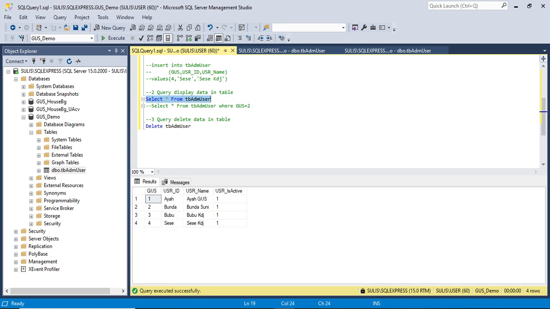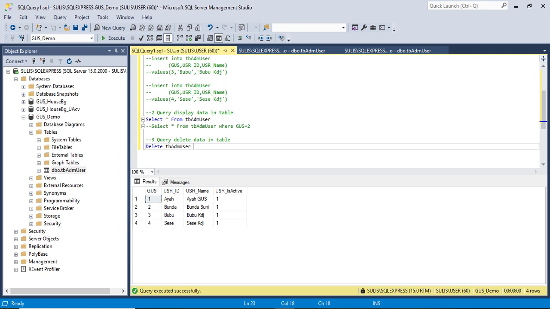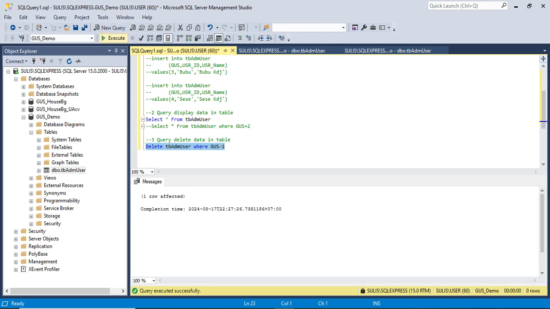We already have data. What if I want to delete only data number 1? Same as when we want to select, now I have to put the word where. Where USR ID equal 1. See, I will execute. Now let's check the data.